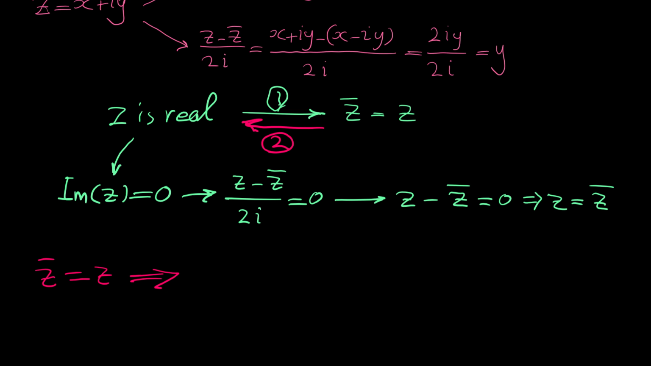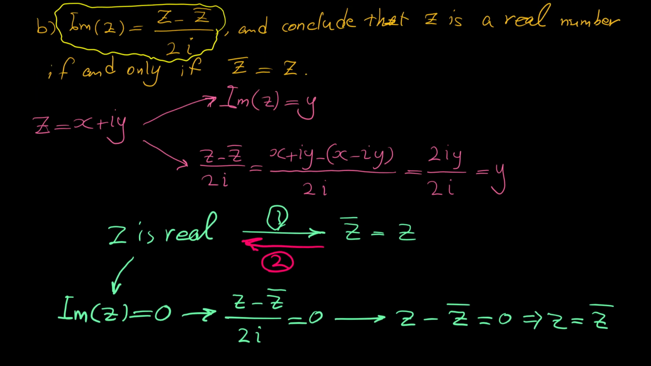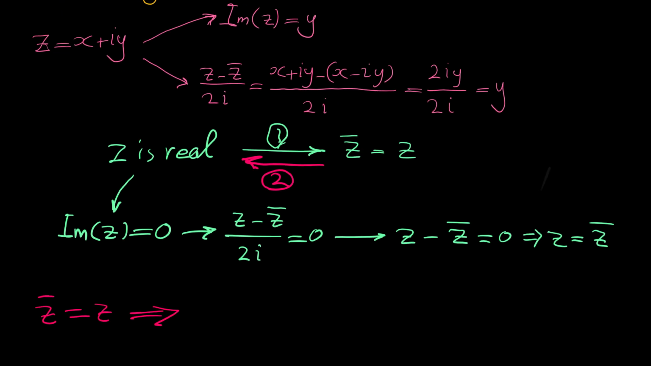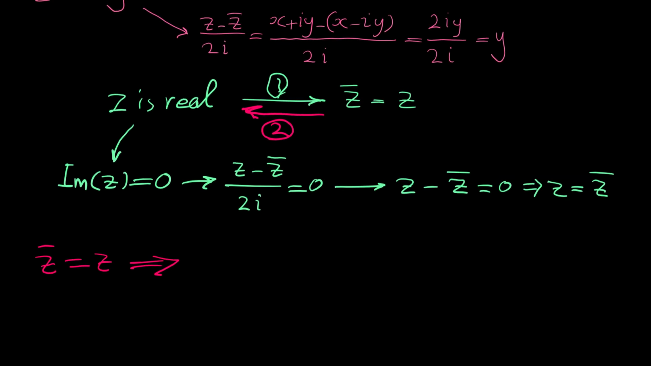Immediately remember this relation. Z minus z conjugate divided by 2i is the imaginary part of z. Because z conjugate is z, this means that z minus z conjugate is 0. And because this is 0,